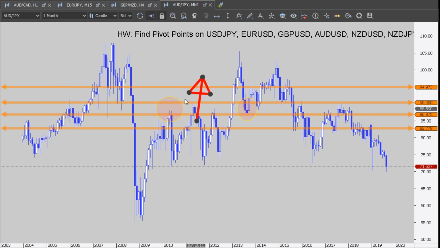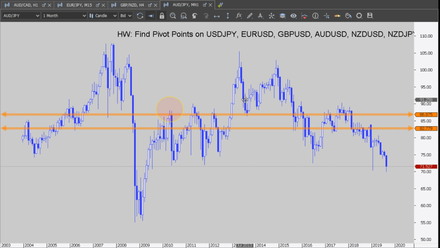Okay. And remember, there is no right or wrong. You can have different numbers. Those are areas. Okay, areas. Why are the pivot points so important, everybody? Why are the pivot points so important? It's because